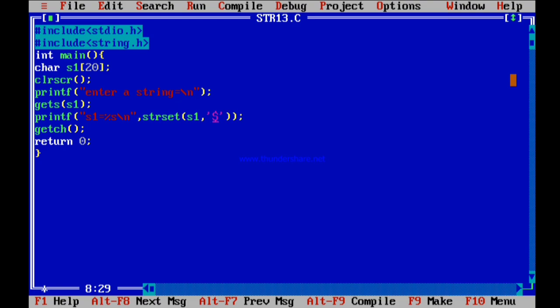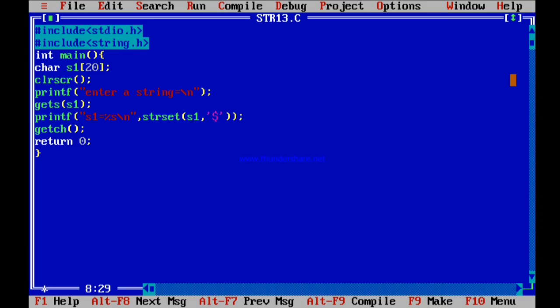I'll execute this program. It will ask me for the string. I'm entering hi how. Now you can see that all the characters, there are 7 characters in your string, hi, then space and how, including the space, are replaced by the character that you have supplied to the program.